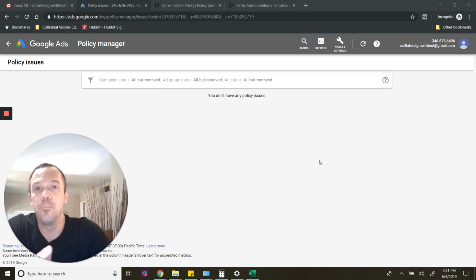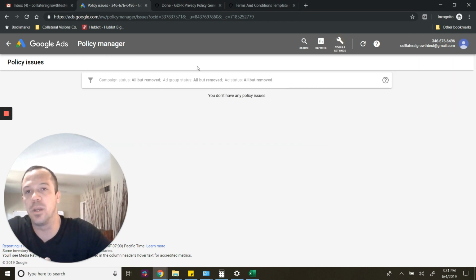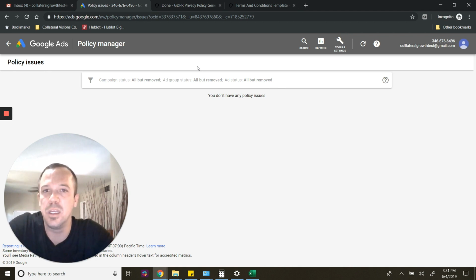So on the Google account in the upper right hand corner, again in your tools section, you're going to have a thing called policy manager, right? This is where, if you ever have any policy issues, such as you have to accept GDPR, or you have to accept some sort of change that Google is doing within the account, then that's where this is going to